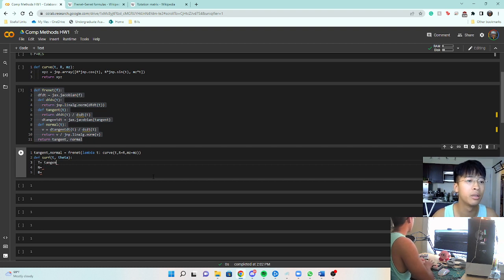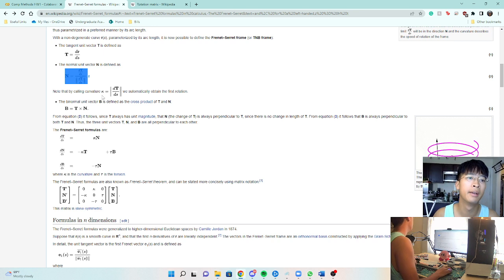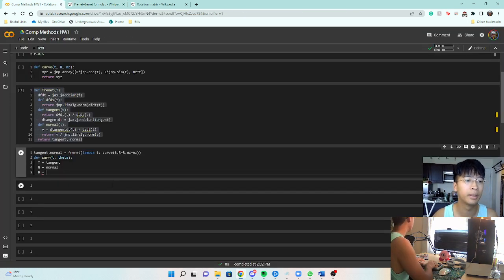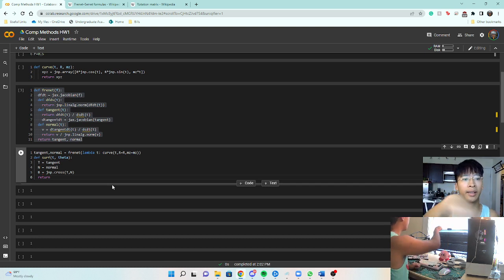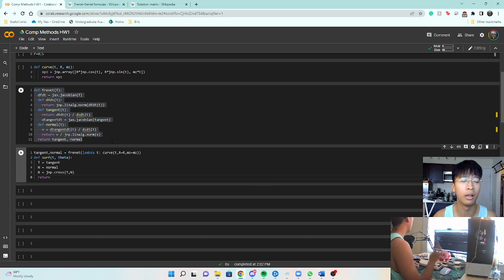T equals tangent, N equals normal, and B equals, according to the Frenet-Serret formula, B, the binormal vector, is T cross N. So jnp.cross(T, N). And we want to return the xyz coordinates of each concentric circle along our helical